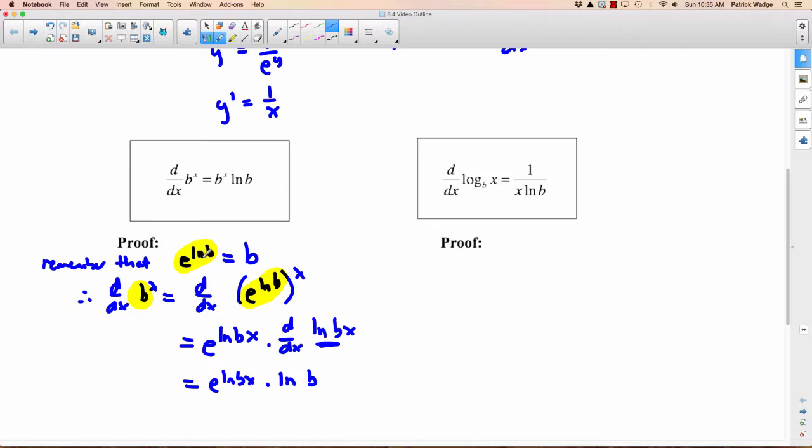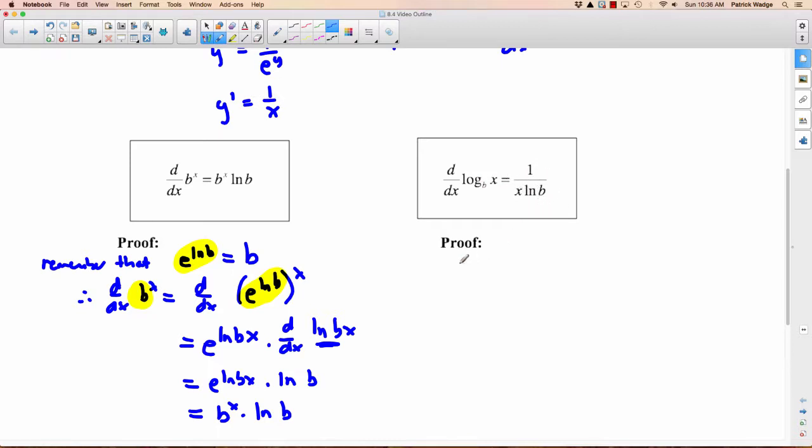This e to the natural logarithm of b, we have that right here again, and that's equal to b. So what we actually have is b to the x times the natural logarithm of b. And that's exactly what it states here. Okay, the last one of our derivatives we're going to worry about. The derivative of the base b logarithm of x is equal to 1 over x times the natural logarithm of